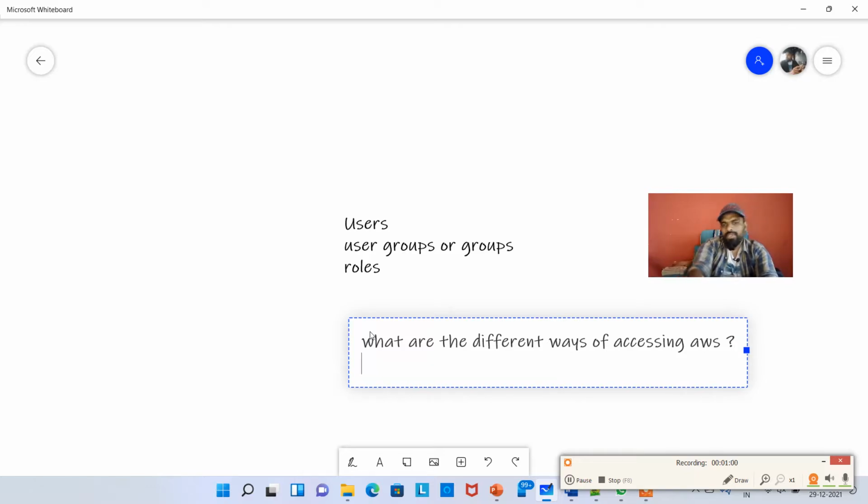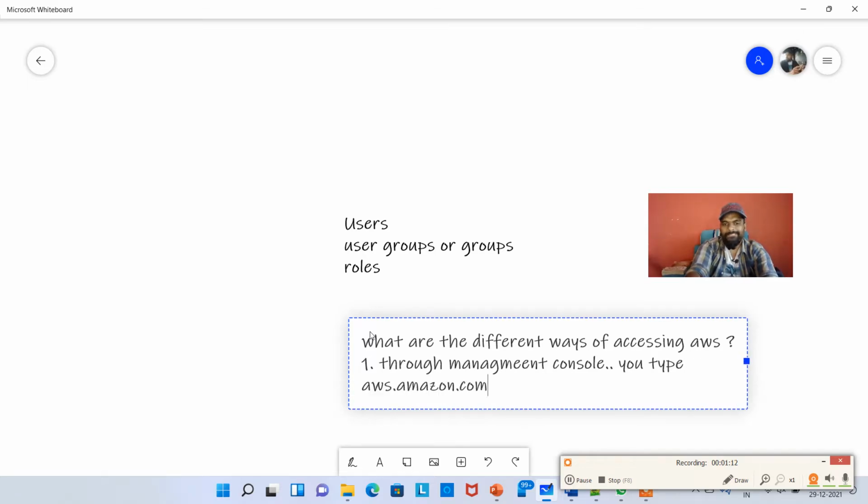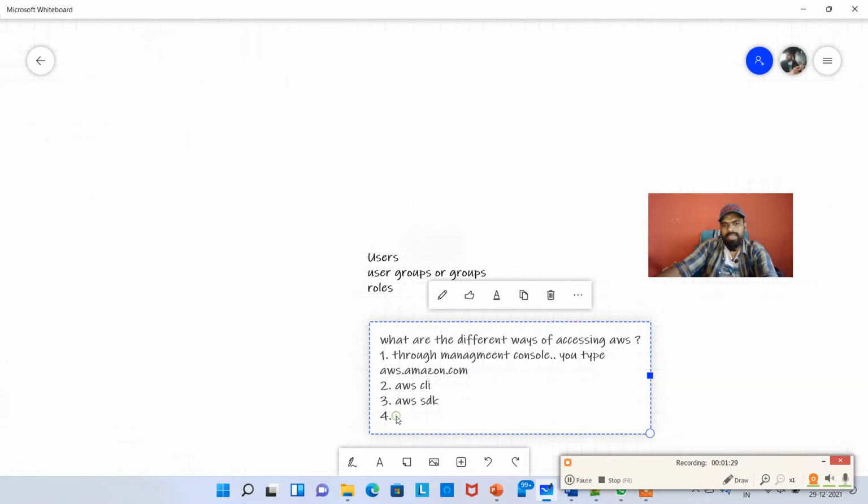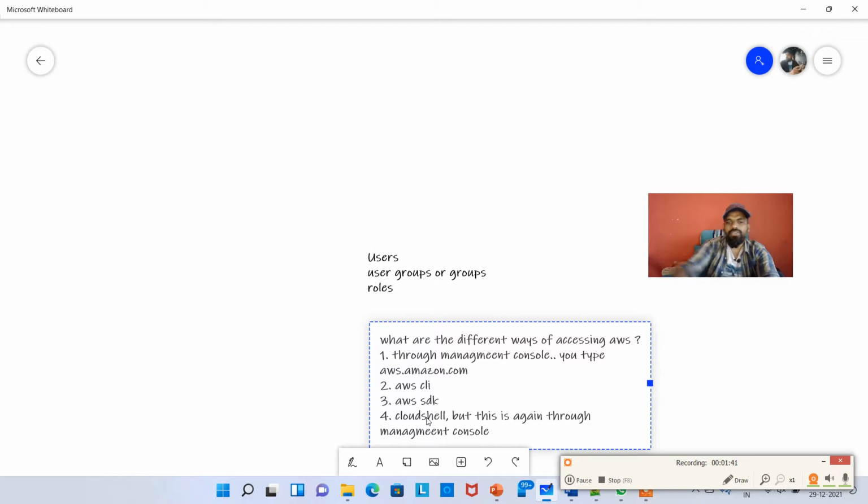The first one, which we've already been familiarized with, is through the management console, which is nothing but you type aws.amazon.com, and you'll get the page. The second one, which I'm going to talk about, is AWS CLI. What is CLI? And the third one is AWS SDK. And the fourth one is just supplementary, but we can say using CloudShell as well, though this is again through the management console. Okay, cool. So let's go with that. The first option